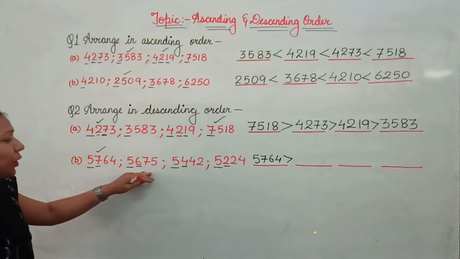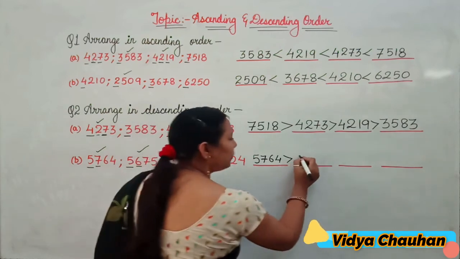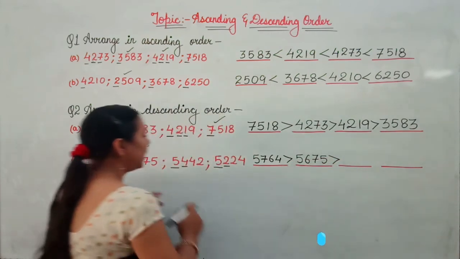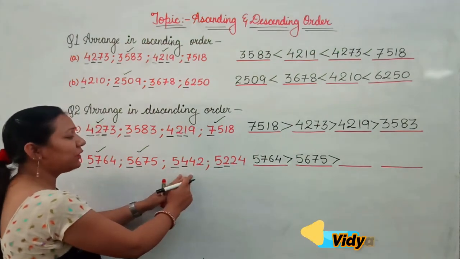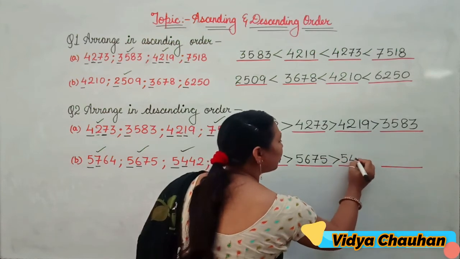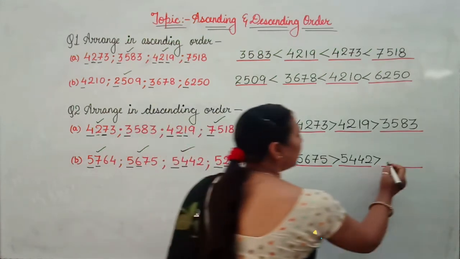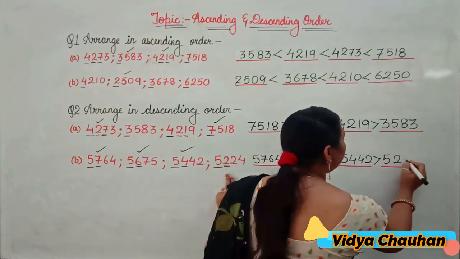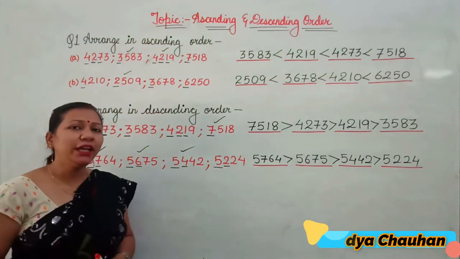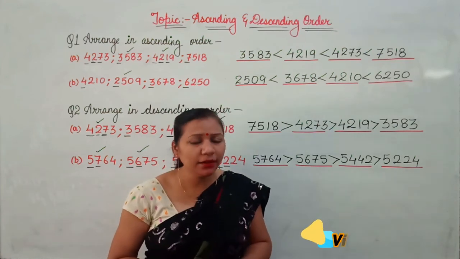After this, the next smaller value will be 5675. After this, the next smaller value will be 5442. And the last smallest value among the four is 5224. Okay students, so today we have learned how to arrange the given set of numbers in ascending and descending